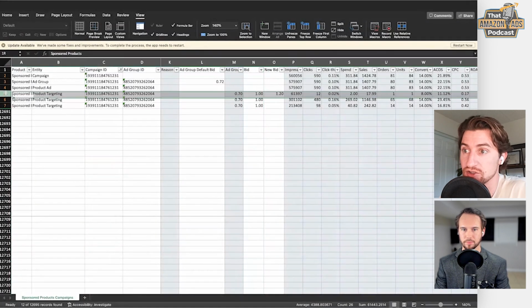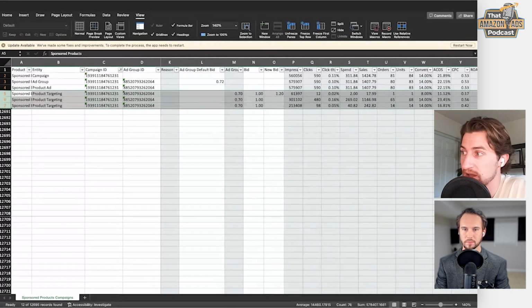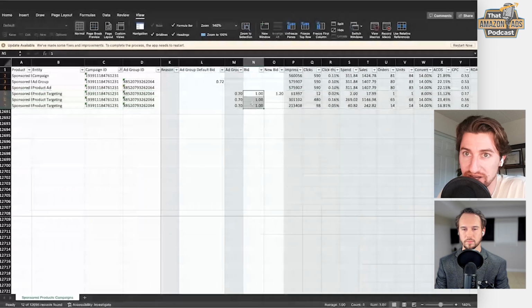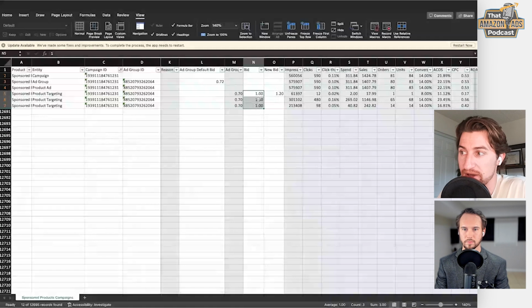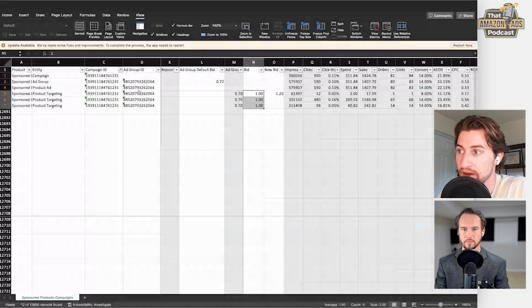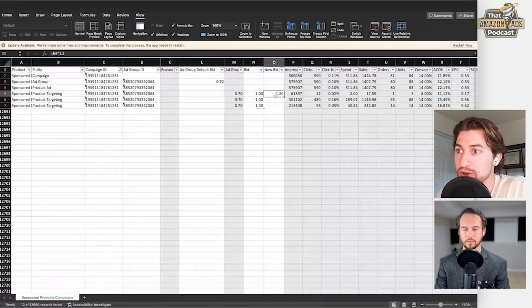The cost per click, the historical cost per click, and this is a month-to-date report for December 1st through December 20th. So it's like the first 20 days of December. This cost per click is a historical data point for how much we've been paying over the past 20 days. The bid is not a historical data point for how much we've been bidding on the past 20 days. These bids have not been at $1 for this entire ad group and product targets this entire month. But someone could have just changed these bids to $1 right before I downloaded this bulk sheet. And now you can see the problem.